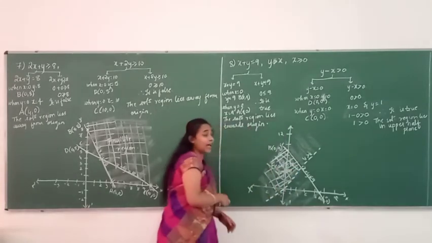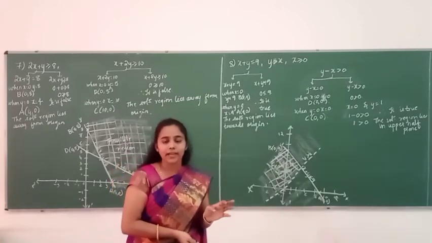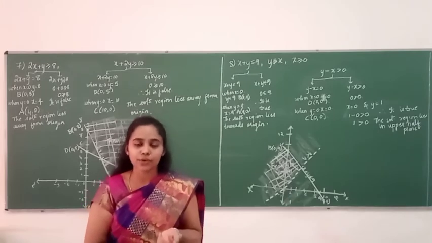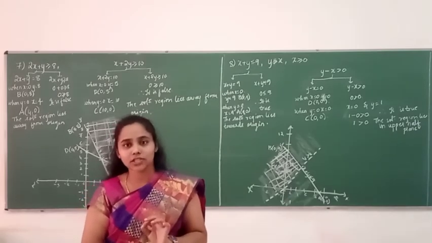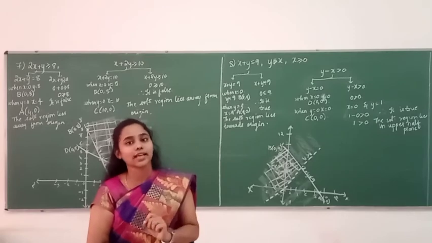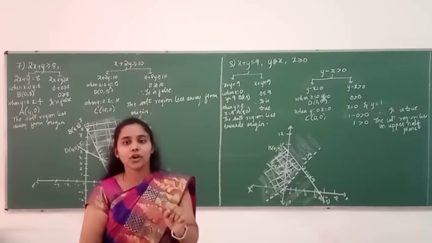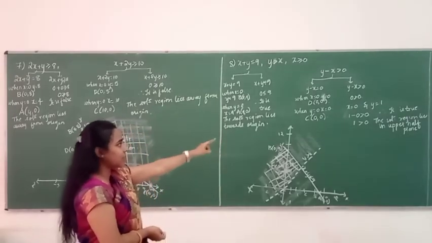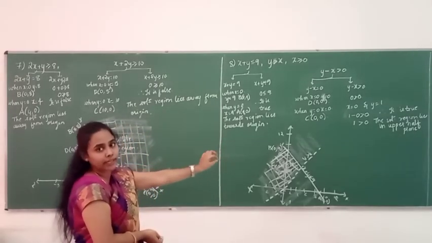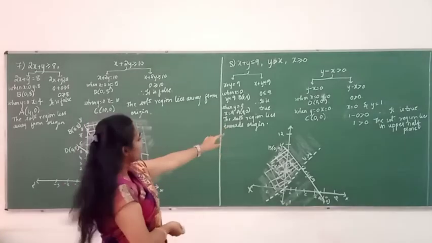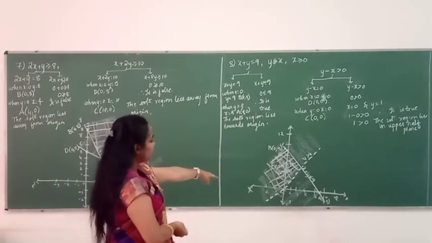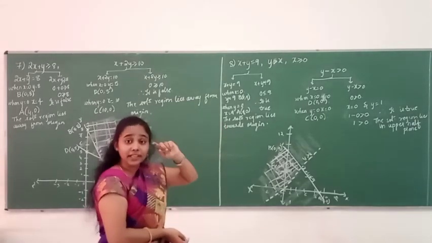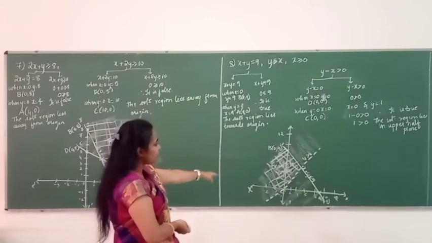Whenever inequalities, I am again repeating it, whenever you are getting inequalities like 0 is greater than 0, 0 is less than 0, or 0 is greater than or equal to 0, 0 is less than or equal to 0, in that condition, see that you are going to consider the points on the x-axis and y-axis. So whatever answer you are getting, that will be your solution region. The same way I have considered here, x as 0 and y as 1. Okay, so I have just put a dotted line there. Why dotted line? Because it is greater than 0. So after that we are just going to shade.